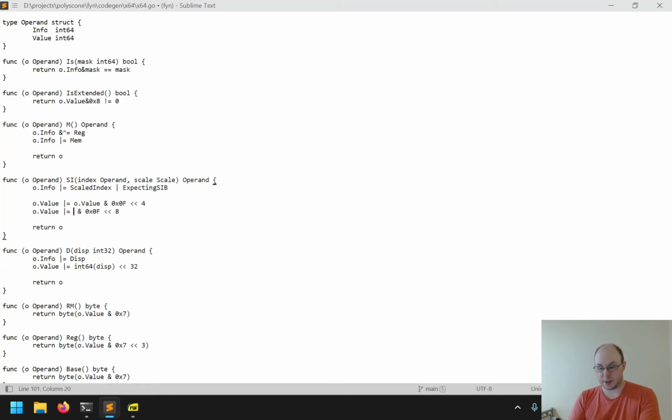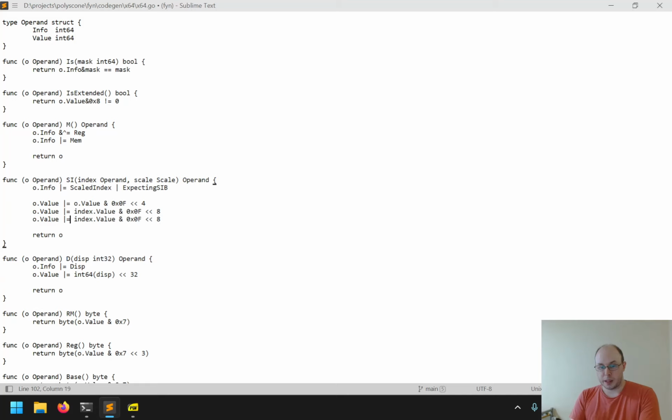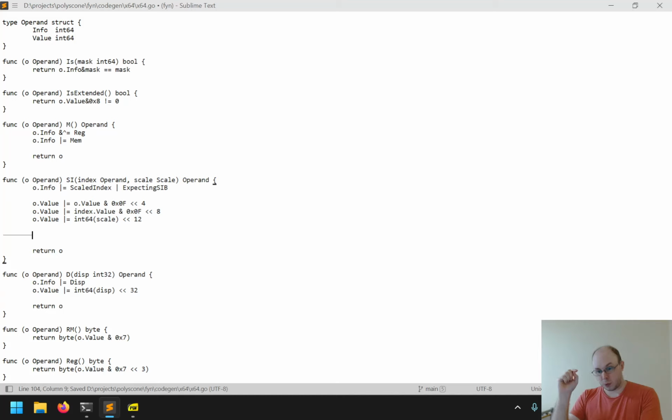So we'll say index.value, mask off those lower 4 bits, and then shift it up into that index nibble. And then we're also going to take scale, which we'll need to convert to an int64 first, and shift that directly up into the scale nibble, which will be at 12. Then, because we've already preserved the RM nibble, now we can set that lower nibble to 4,